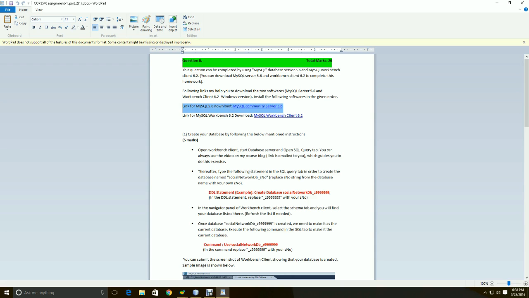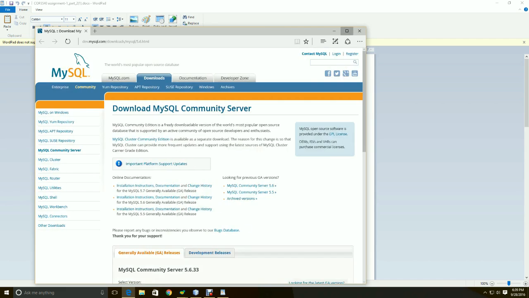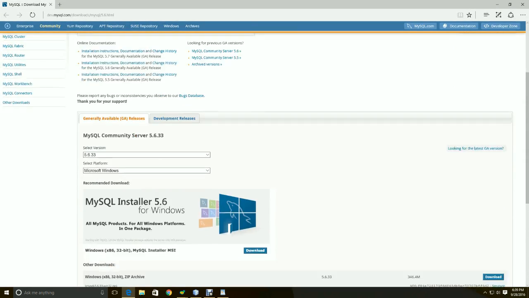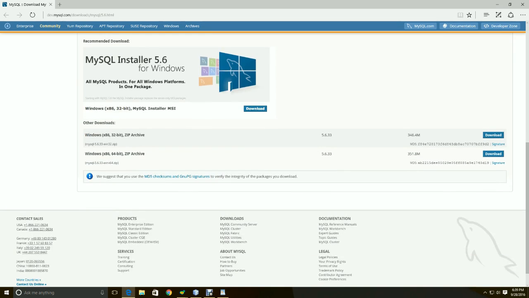So this is the assignment description, the homework 2. In the homework 2, I have provided the link to download your MySQL 5.6 community server. You can copy this link and open it in another window, right? And once your MySQL community server download page is open, scroll down, and if your system is a 64-bit system, I suggest